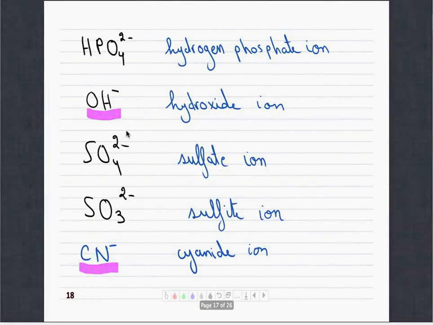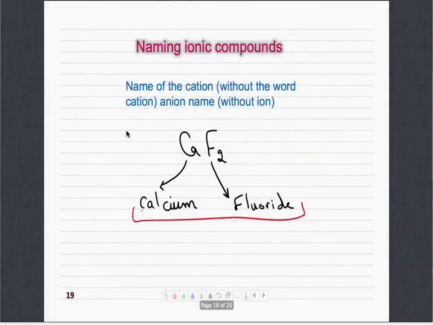We learned how to name the polycations, the polyanions, the cations, the anions. Now, how to name the ionic compound. For example, let's say you have the formula CaF2, and I asked you what is the name of that. What you're going to do is name the cation and the anion, and that's how we name an ionic compound. For example, this is calcium fluoride, because this is fluorine,